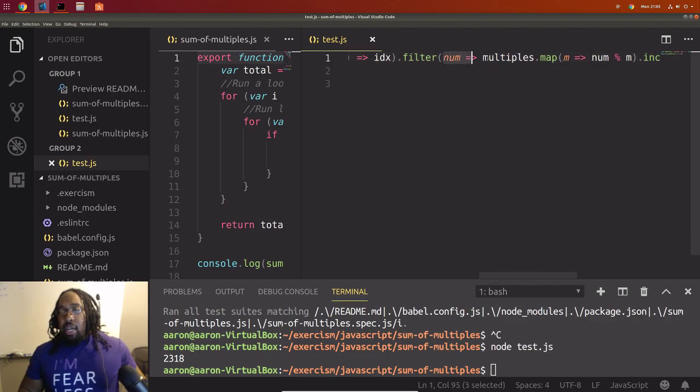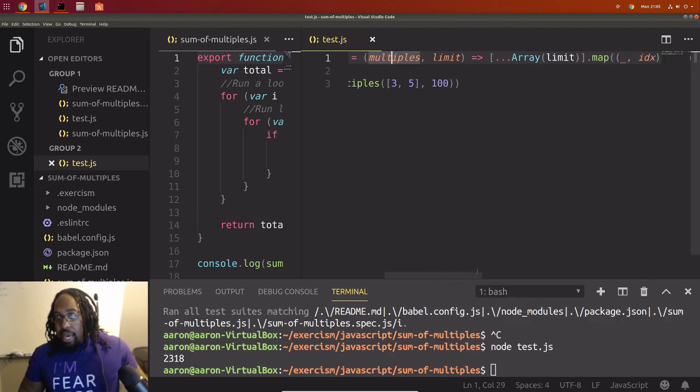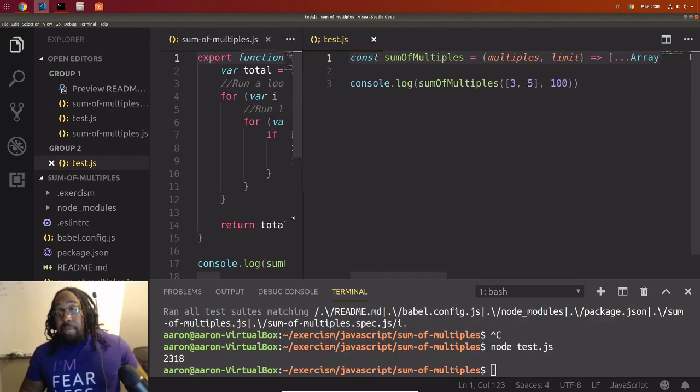Yep, we're filtering out any numbers that double up, which is a pretty cool way of doing that. And then this is where we're doing our modulus here. Yeah, this is very cool. This is an easy way. This is a good way to do it. Much more readable to me.